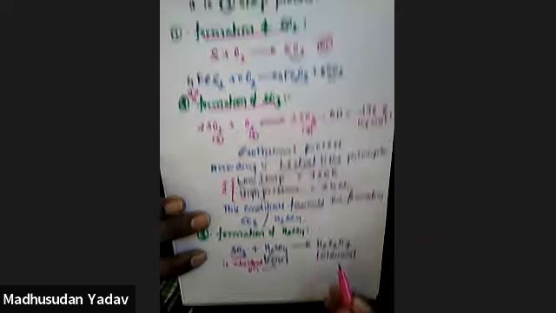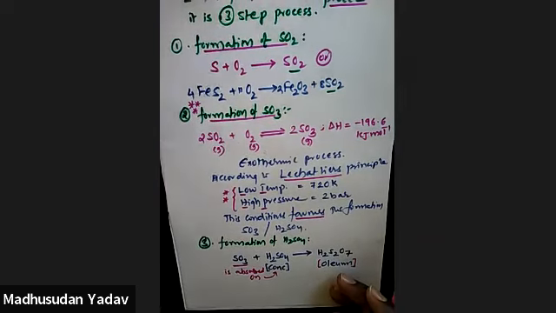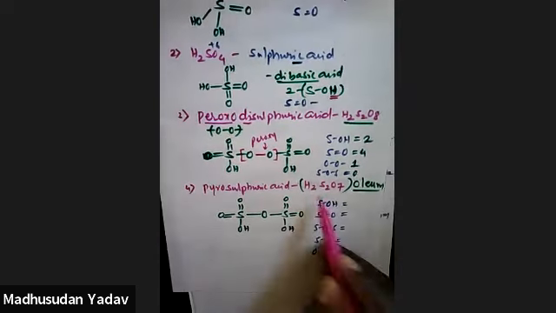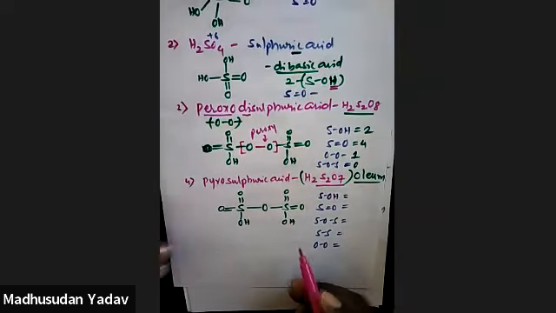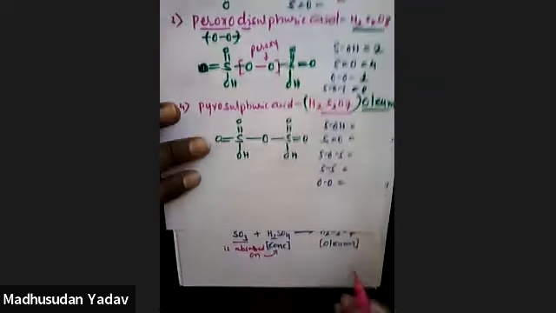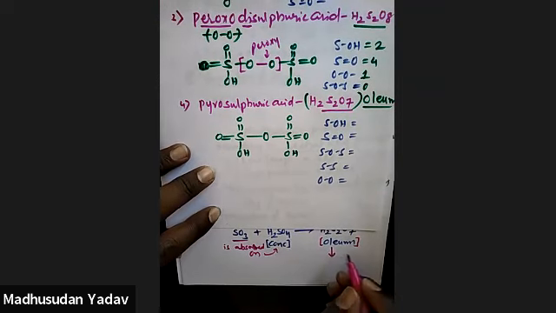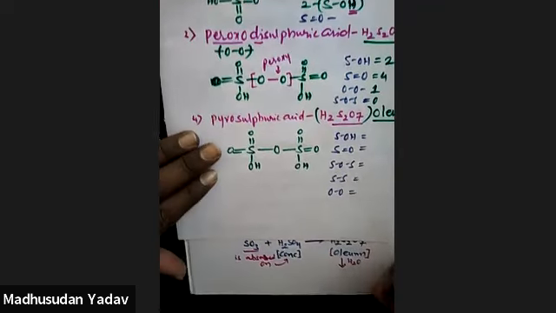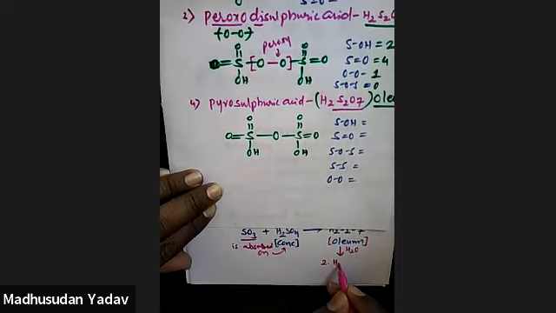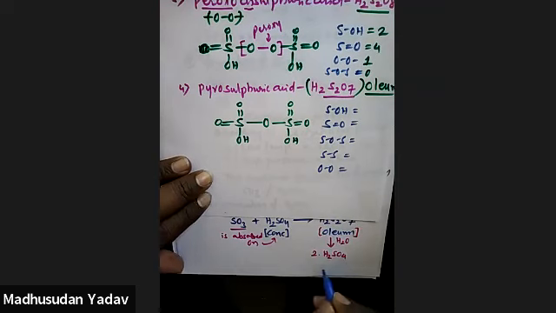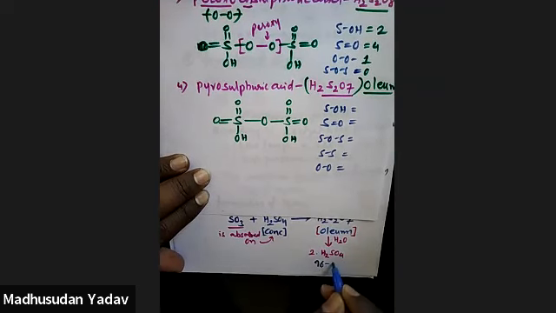This H2S2O7, if you look at the structure, look at this. This is the H2S2O7, oleum structure. Now what I am doing is, I will do hydrolysis of this oleum. What I'll do? Addition of water to this. In that case, what happens? You will get 2 moles of H2SO4, which is highly concentrated and pure, nearly 96 to 98% pure sulfuric acid you are going to get.